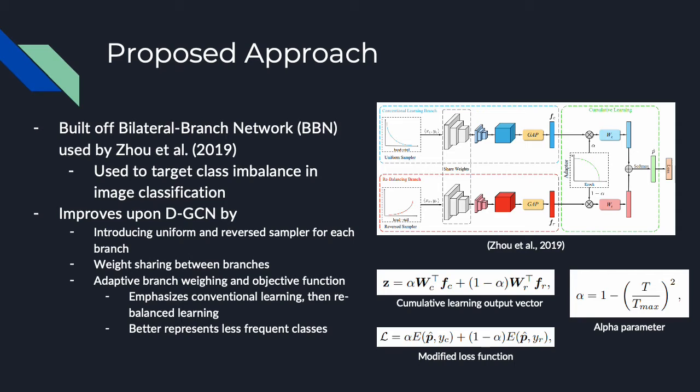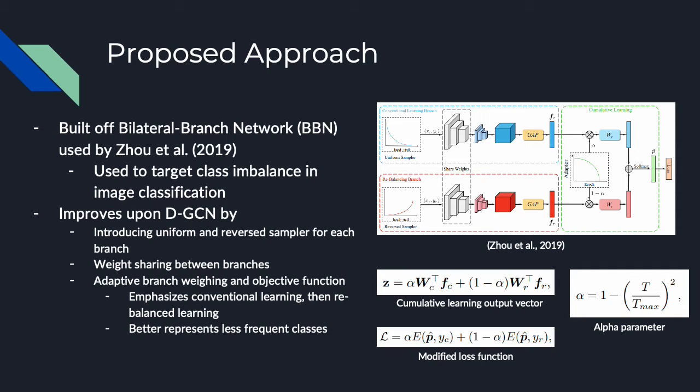Using the bilateral branch network architecture proposed by Zhu et al. as inspiration, we wanted to design a GCN architecture using the same concept. In this model, we build a similar double branch classifier where one branch processes the original graph, similar to Wang and Chen's implementation. However, we wanted to use the technique seen in Zhu et al.'s architecture, where instead of reconstructing the graph, we sample nodes probabilistically and inversely proportional to the number of representations of the class to which